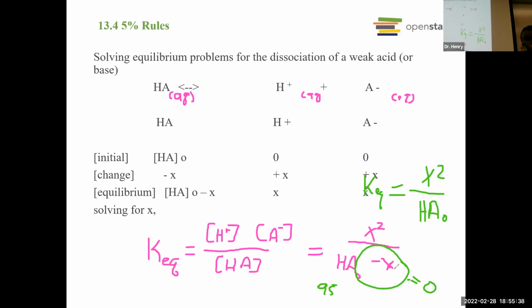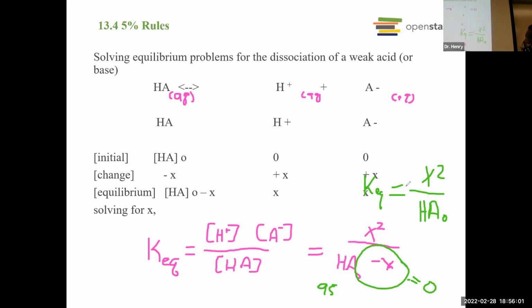Sort of, yeah, sort of like that. But it saves us time so that we don't always have to do a full calculation. Because if it's less than 5%, it's going to have very little effect on this value. But if it's greater than 5%, then it's going to affect it, and we're going to have to calculate it using the quadratic formula.